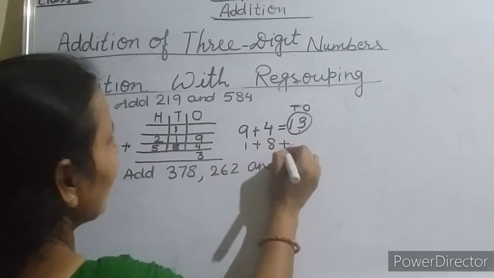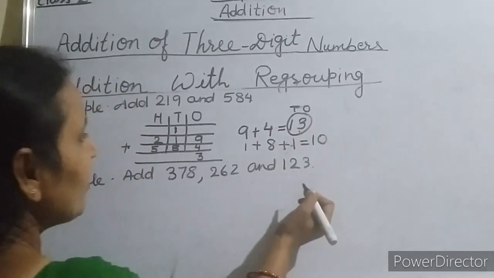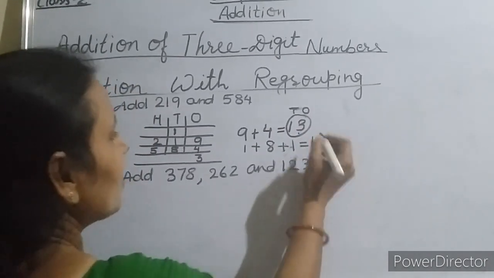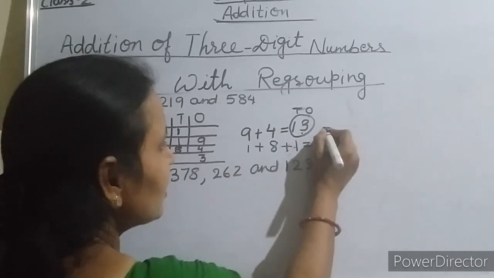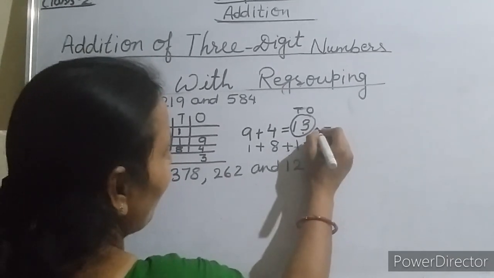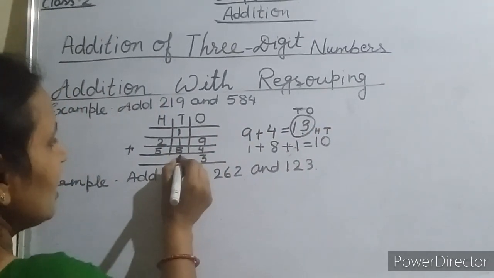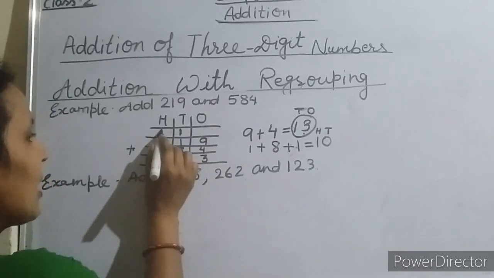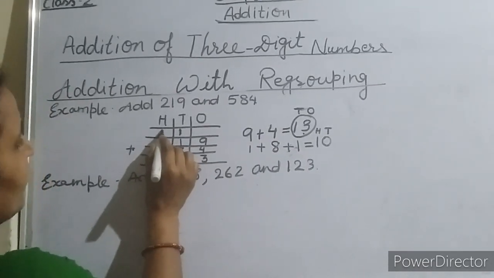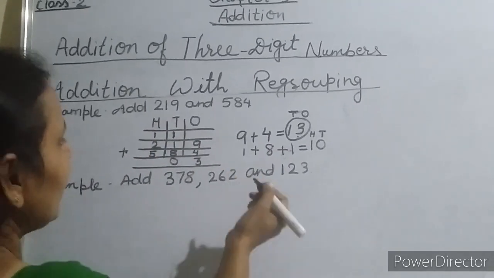9 plus 1 is equal to 10. So students, what will we do here? Here we have 0 and 10. We will regroup these numbers as 0 tens and 1 as 100. So here we will write 0 under the tens place and carry 1 over to the 100 place. So students, again add